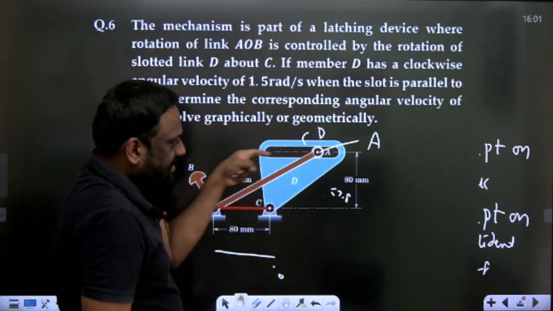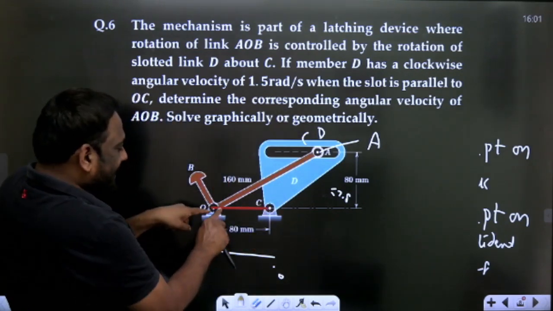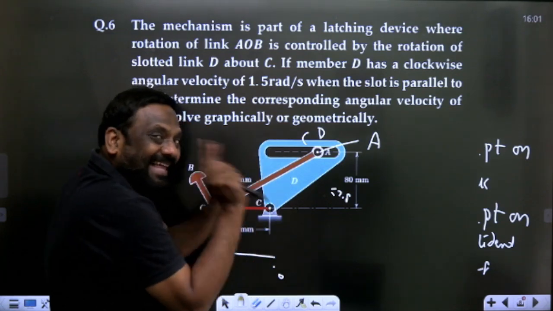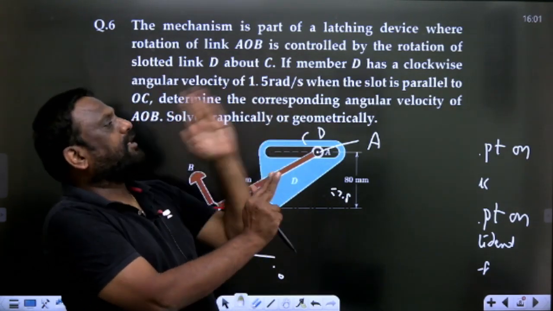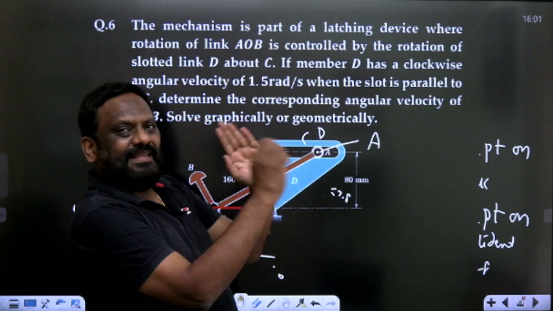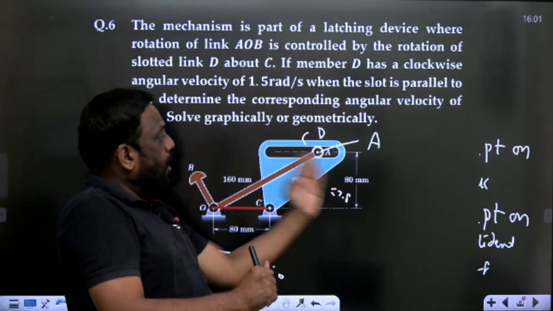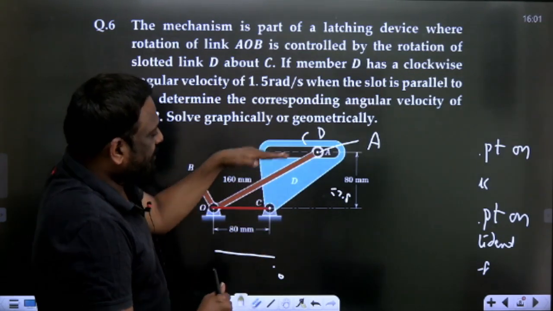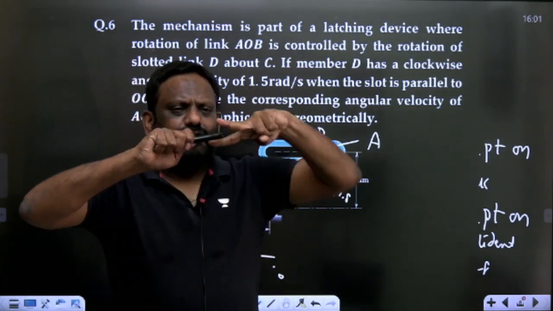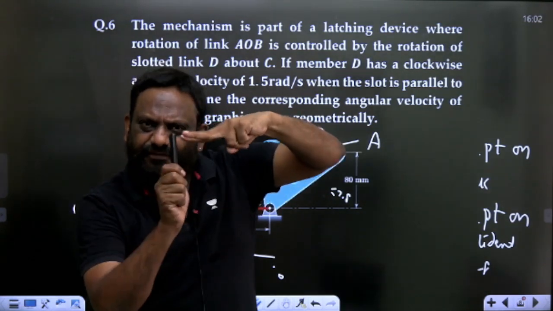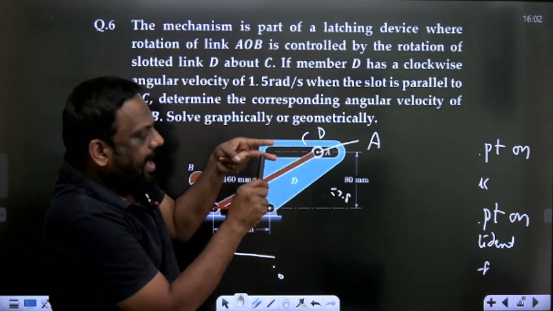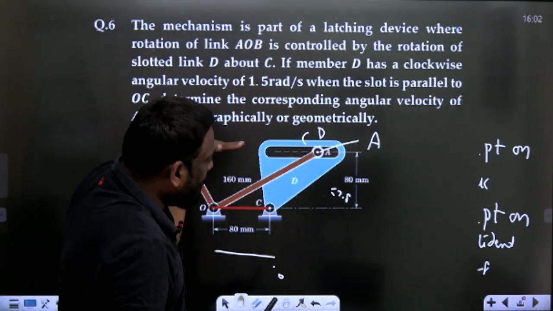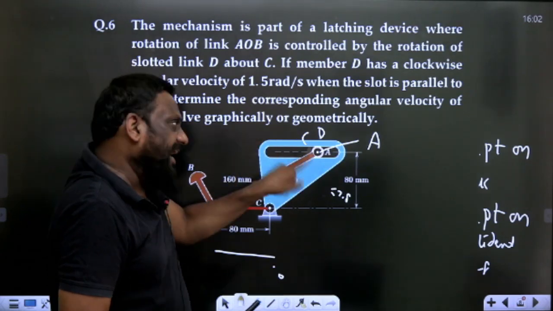इस इंस्टेंट पे दोनों में कैसा होगा रिलेटिव वेलोसिटी? हॉरिजॉन्टल, क्योंकि at that instant ये पैरेलल है, तो ये हॉरिजॉन्टल है। So whenever you want to see, उस स्लॉट में मेरा जो लिंक है ना, in that link it will slide at that instant, it will be horizontal. That is the relative velocity, it is horizontal, क्योंकि at that instant, देखो एक बार देखो, the link is there, slot है, तो क्या करेगा सर? वो सिर्फ स्लाइड करेगा। तो when it is horizontal, अगर ये स्लॉट हॉरिजॉन्टल है, उस क्षण हॉरिजॉन्टल है, तो ये स्लाइड करेगा।